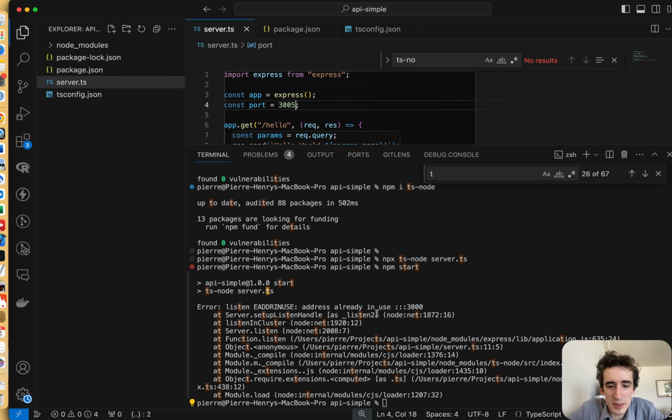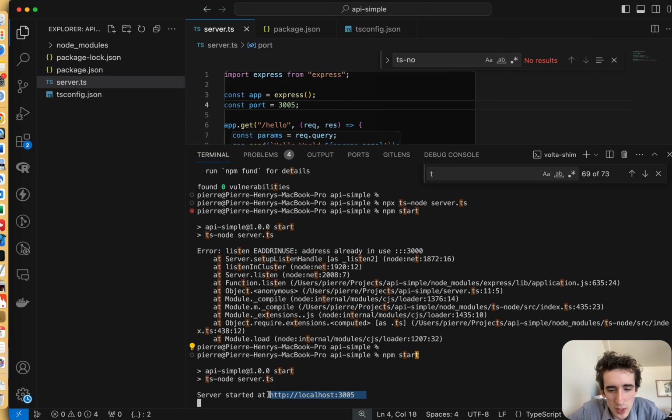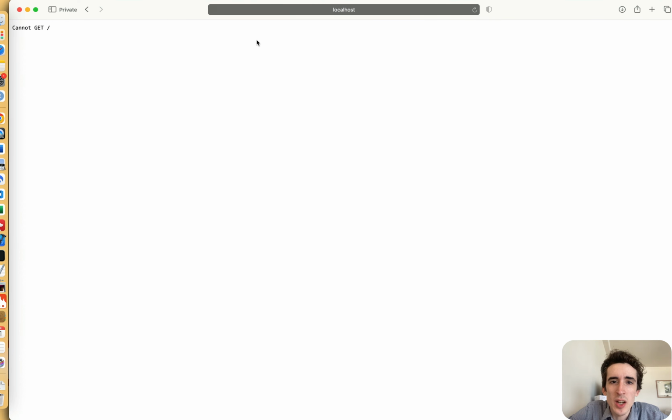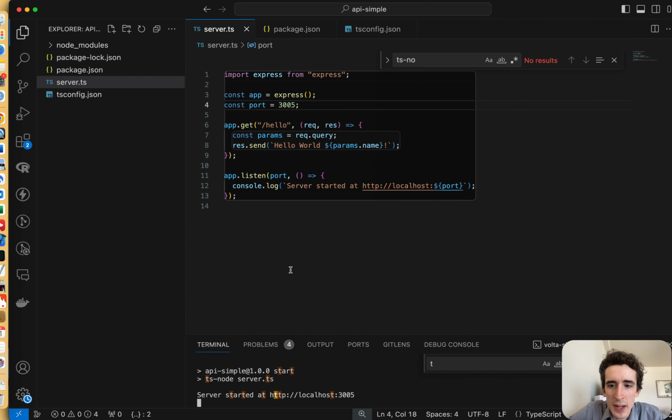So like I said, now we can just do 3005. And now it's running on localhost 3005, amazing. If I copy and paste this one, and I go to my browser, I paste this localhost. For you, the port might be just 3000 or, you know, another one, that doesn't really matter. We just press enter. Here we have nothing, because if you look back on our server.ts file,